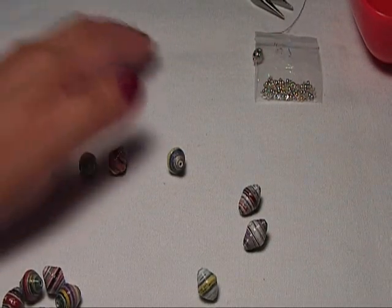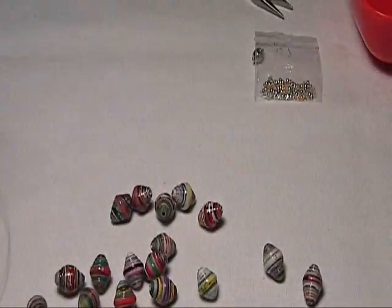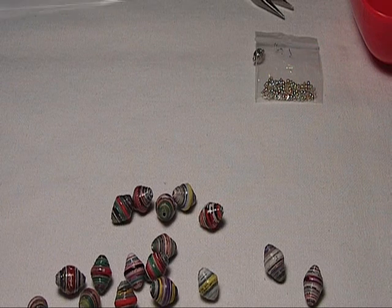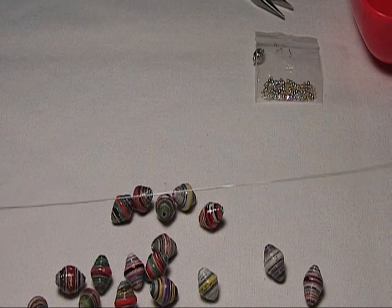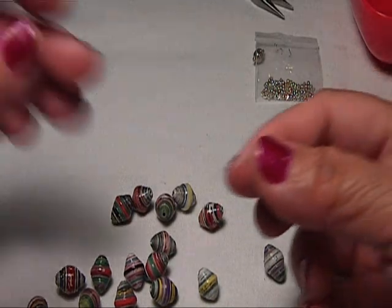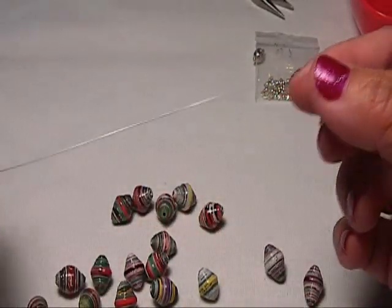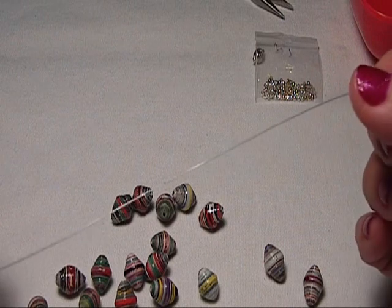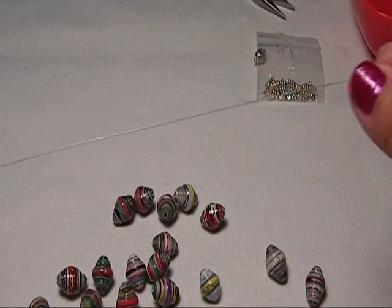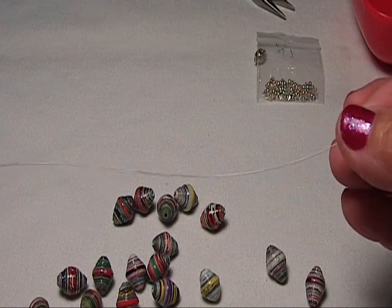Okay, now we have our beads. The first thing you need to do is cut about 20 inches from the spool of beading wire, a medium soft flex or tiger tail beading wire. So you need to give 2 inches allowance